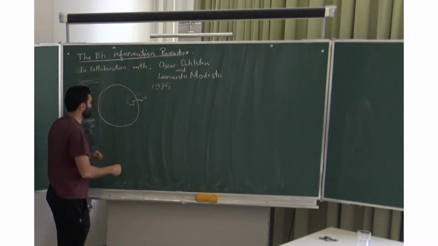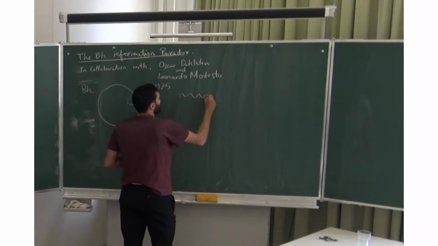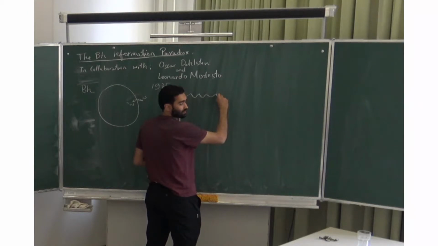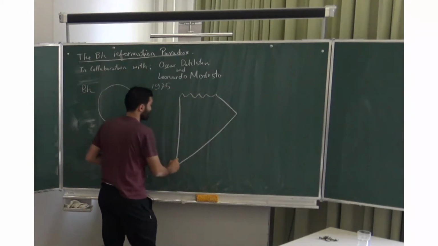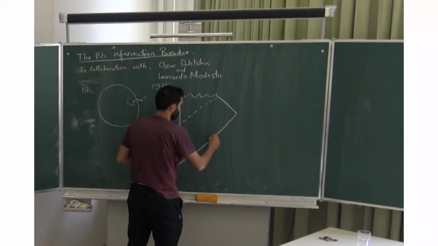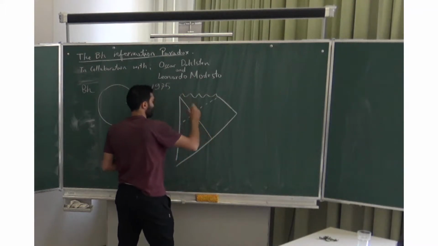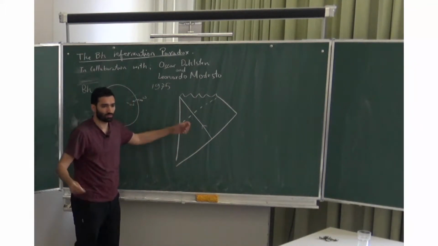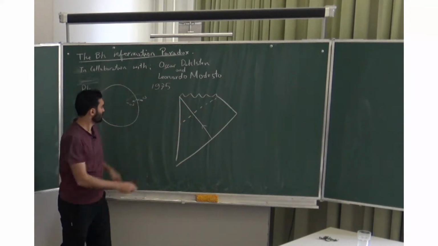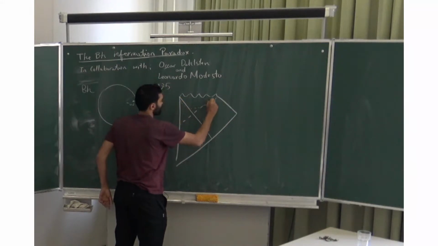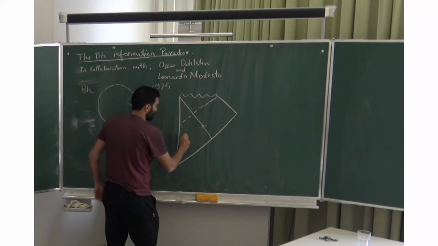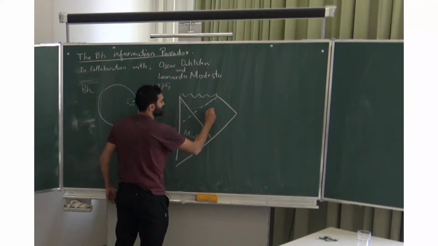So what Hawking did is he took a black hole. Are you all familiar with Penrose diagrams? A little? So he took a collapsing null shell, so it's dust collapsing at the speed of light and forming a singularity, which forms a black hole. Here there is an apparent horizon, and it joins the event horizon later. In this scenario, there's a Minkowski spacetime here, and a Schwarzschild spacetime here.